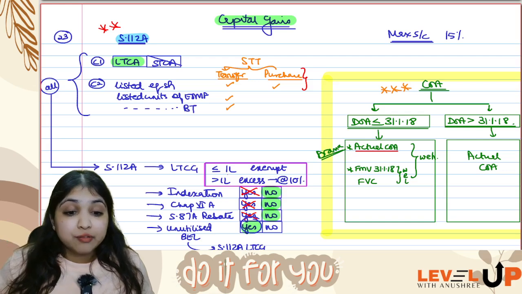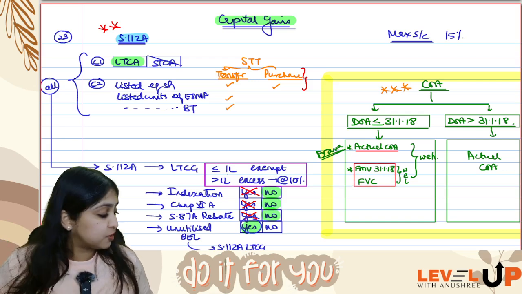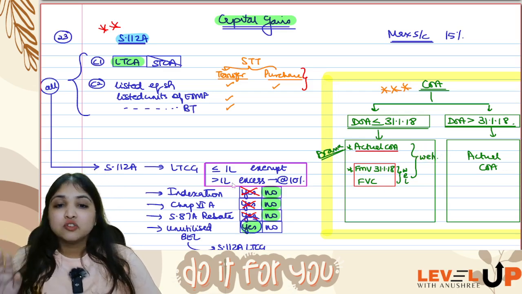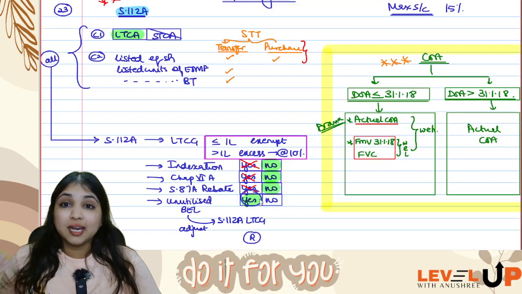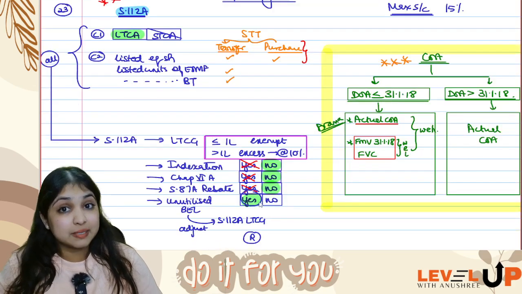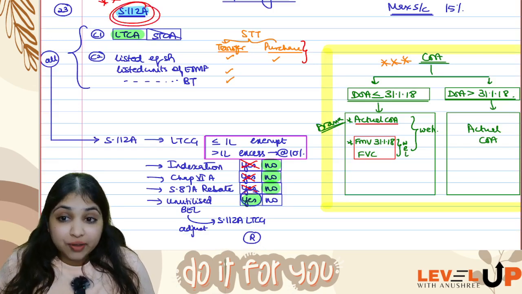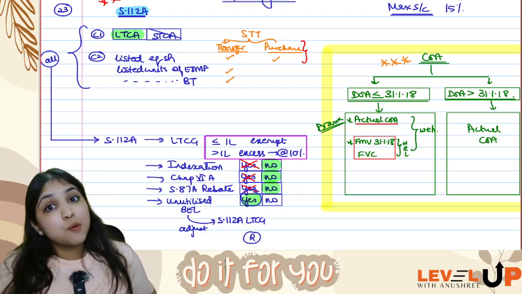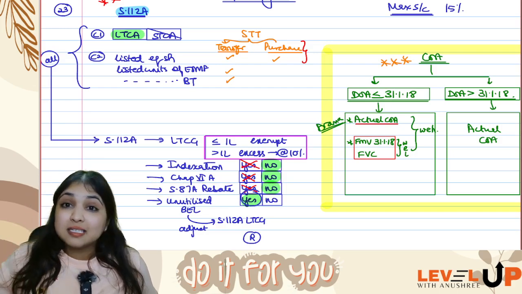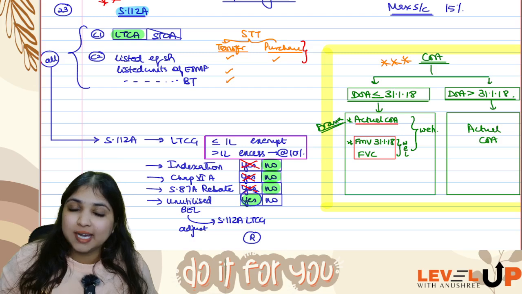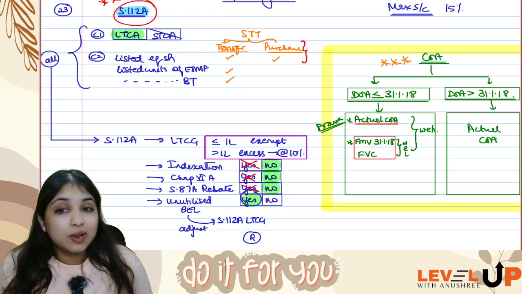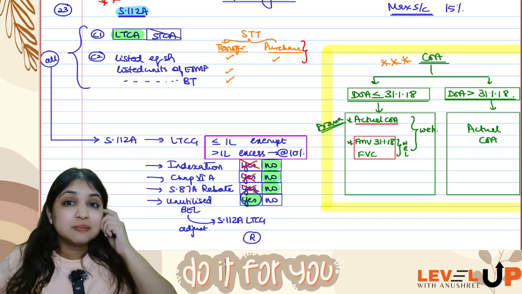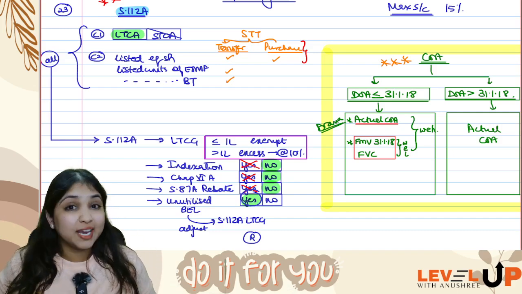You will compare it with FMV on 31st Jan 18 or FVC, whichever is lesser, and out of these two numbers you will take whichever is higher. Okay, so this was 112A. Remember, in your entire Income Tax Act, in your entire DT syllabus at the CA Inter level, 112A is the only income where 87A rebate is not allowed. Against betting income also you can enjoy 87A rebate. Against 111A STCG also you can enjoy 87A rebate. But against 112A you can't enjoy. And you remember my very first concept, cash credits, unexplained income, unexplained investments, there also you cannot enjoy 87A rebate.